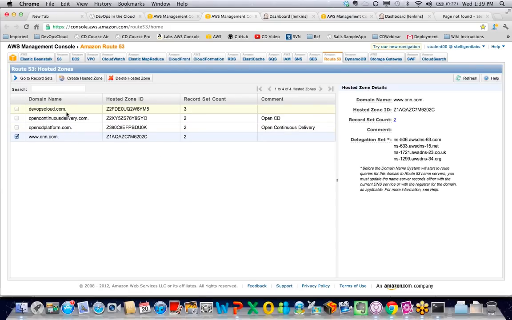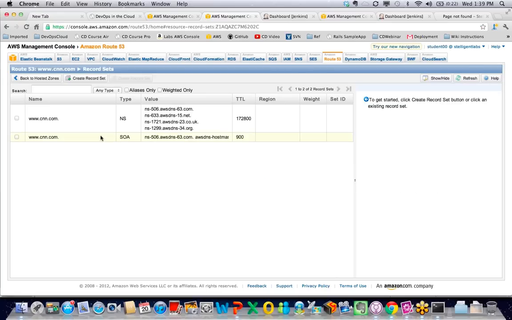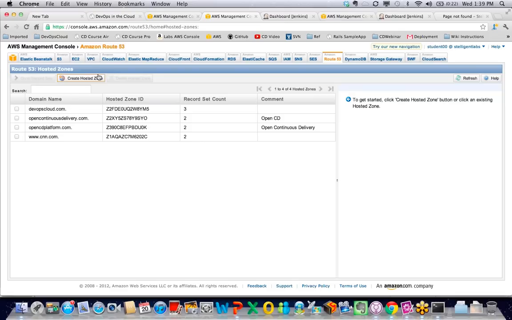Of course, I don't own CNN.com, but you get the point that you can define the domain that you have access to, and once you do, you'll get a delegation set. I can use that delegation set and go into record sets, and I can create A name records, CNAME records, and basically all you're using a domain registrar for is domain registration.